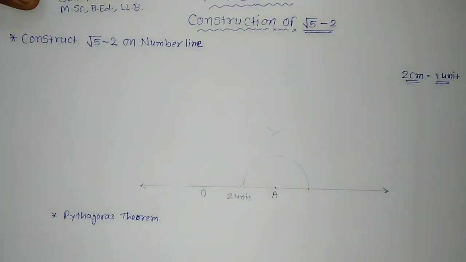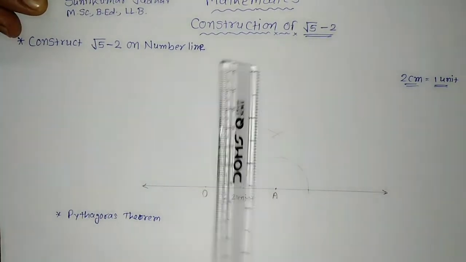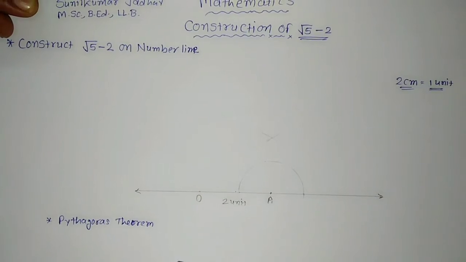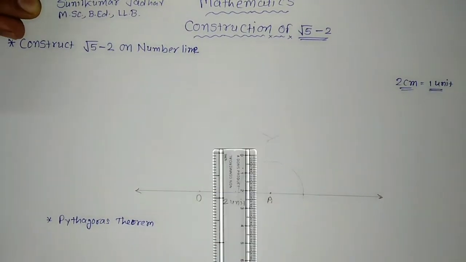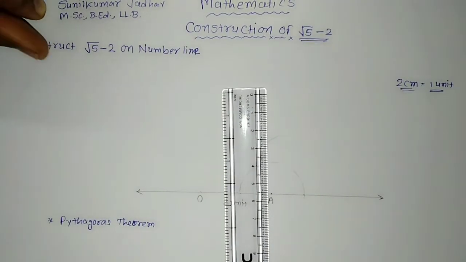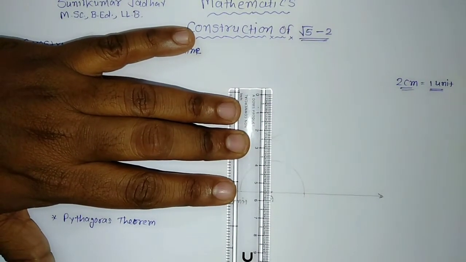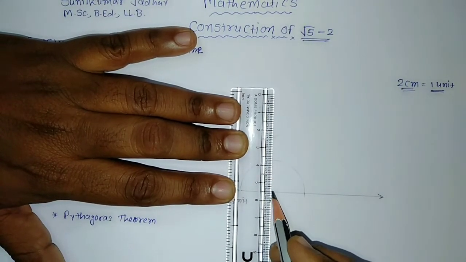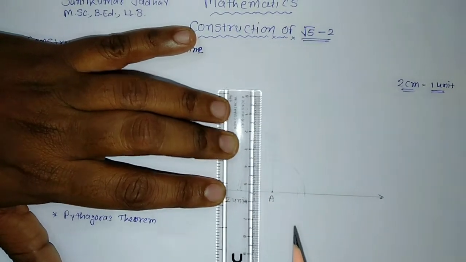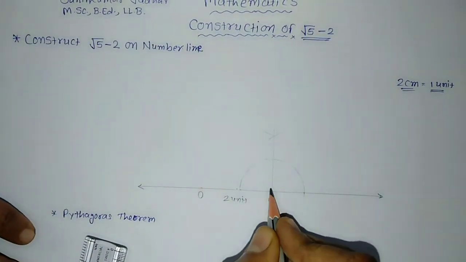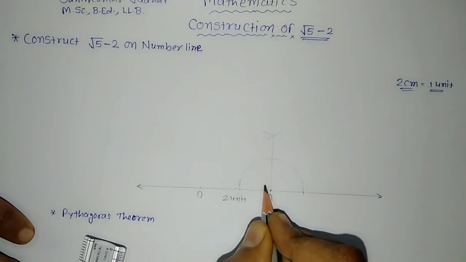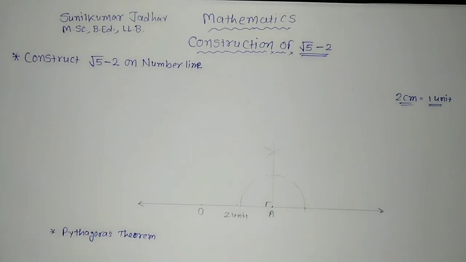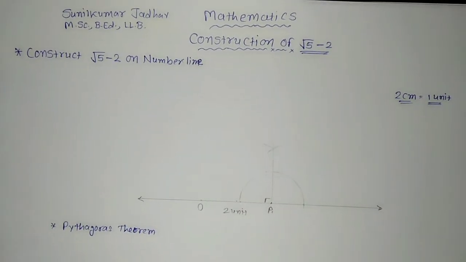So now I will draw the perpendicular, but on this perpendicular we need to take only 1 unit. We have to take 1 unit. So 2 centimeter is equal to 1 unit, we know. So first of all I will just draw one ray on which I will take the required measure. This is the ray, lightly I have drawn. This will make a 90 degree angle over here along with this OA. This is a must, because if you just keep the scale and try to draw it, it will never be 90 degree.